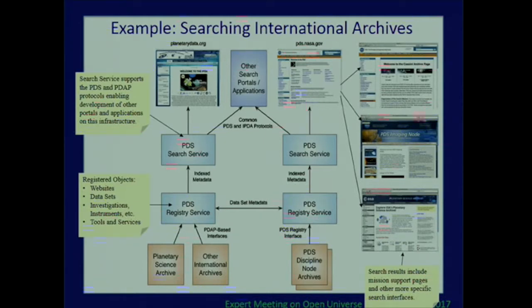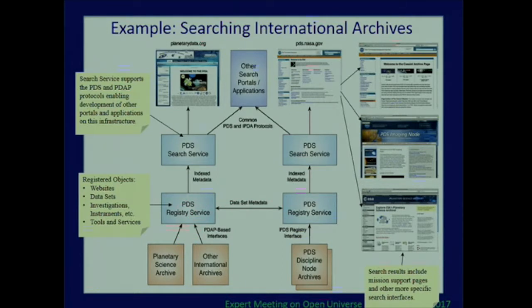To the right, we have the discipline nodes of PDS related to NASA activities. And so, through this kind of registration and search service, it is possible to register different datasets to different registries, and then integrate these 2 registries through the use of